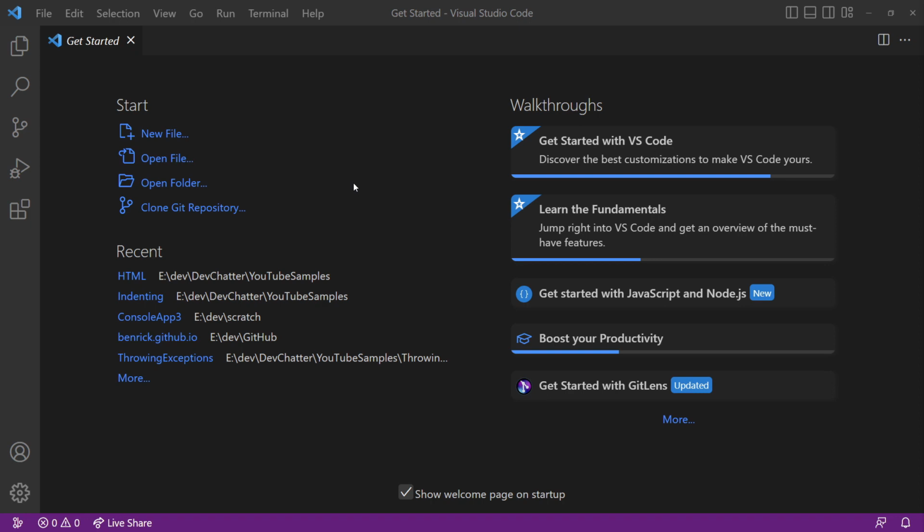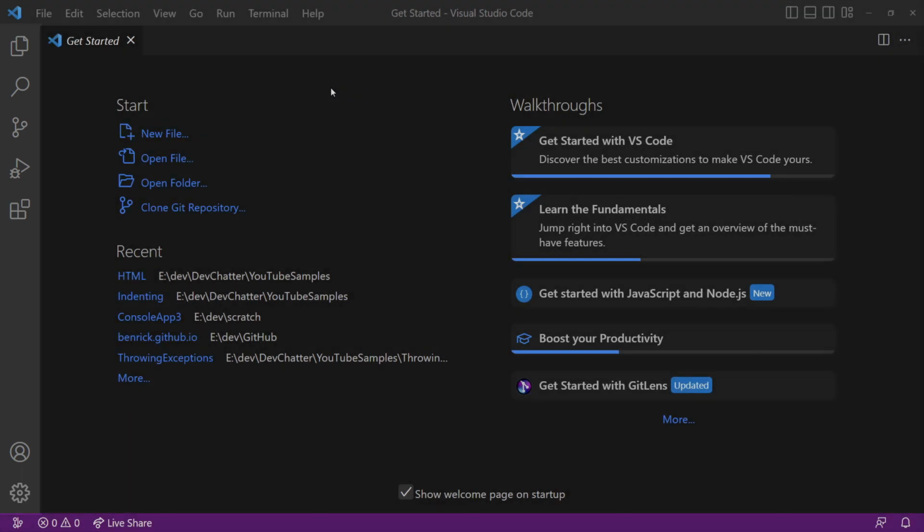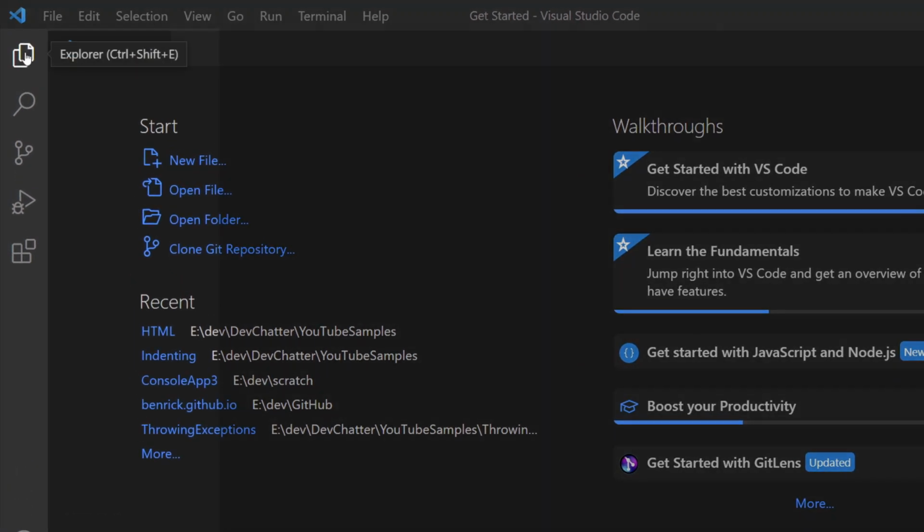Now let's take a look around the UI. We have a couple of things here. First, I want to start off by talking about the left-hand sidebar, as that is the main navigation and the main point where a lot of stuff is going to happen in VS Code. So along the side, you've got Explorer,